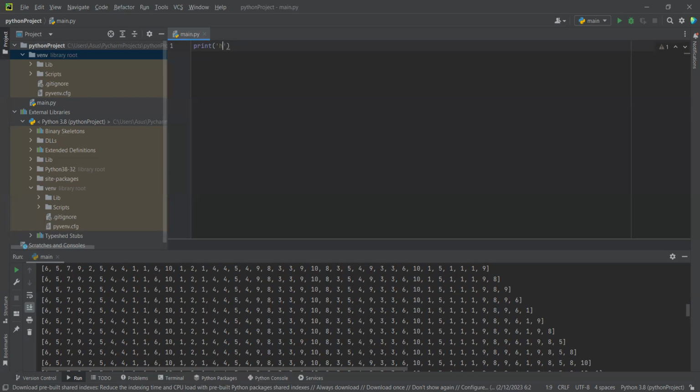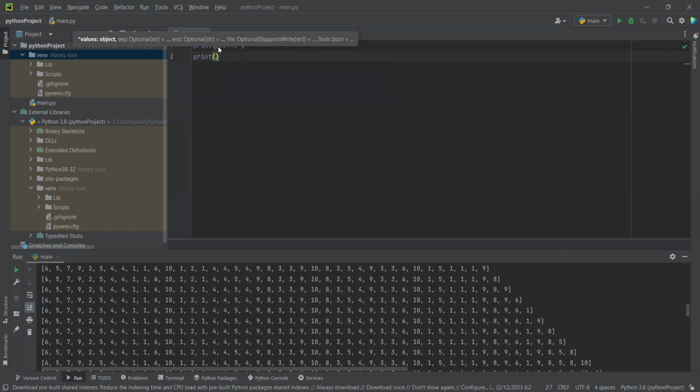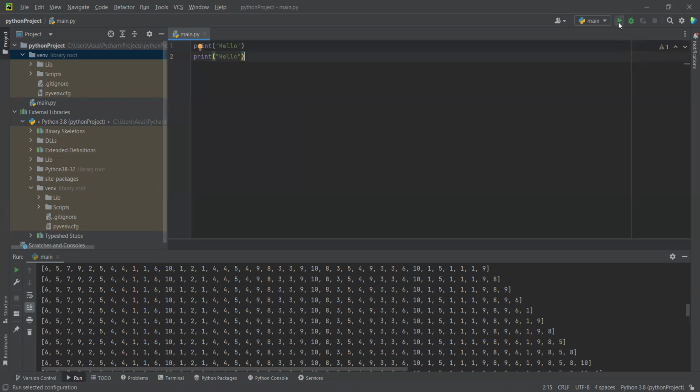And then I want to use double quotation mark. Then I'm going to print. See,